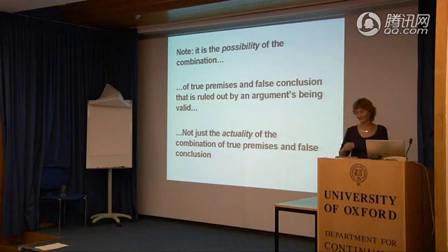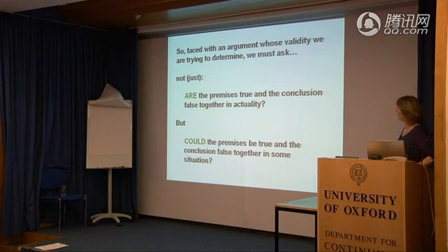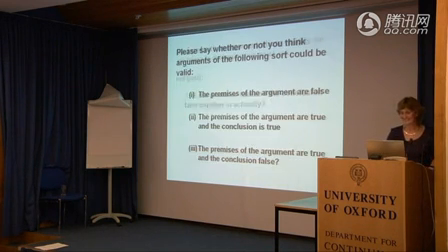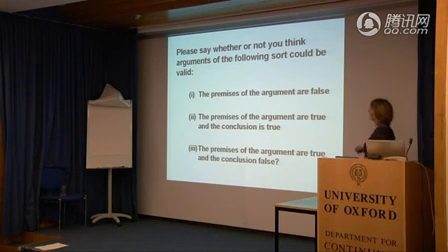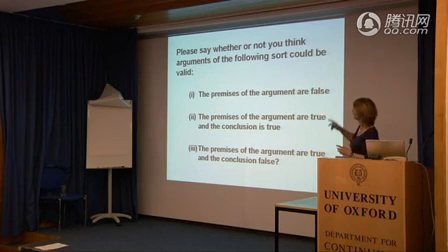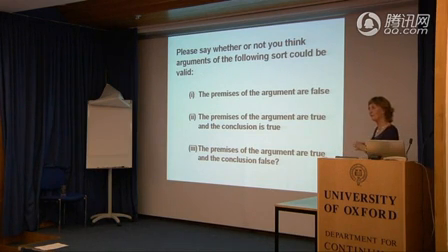Okay, so there is a possible world in which Marianne's wearing jeans, even though in the actual world she's wearing a skirt. So, faced with an argument whose validity we're trying to determine, we've got to ask not just are the premises true and the conclusion false together in actuality, but could the premises be true and the conclusion false together in some situation? Do you see the difference? You're all looking very worried. Okay, let's test a few.